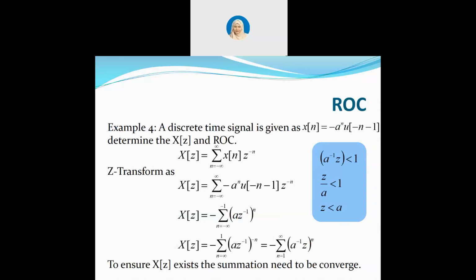Example 4. A discrete time signal is given as x[n] equals negative a to the n times u[negative n minus 1]. For this example, this discrete time signal is equal to negative a to the n, but now the step function is u[negative n minus 1]. If we sketch the signal,